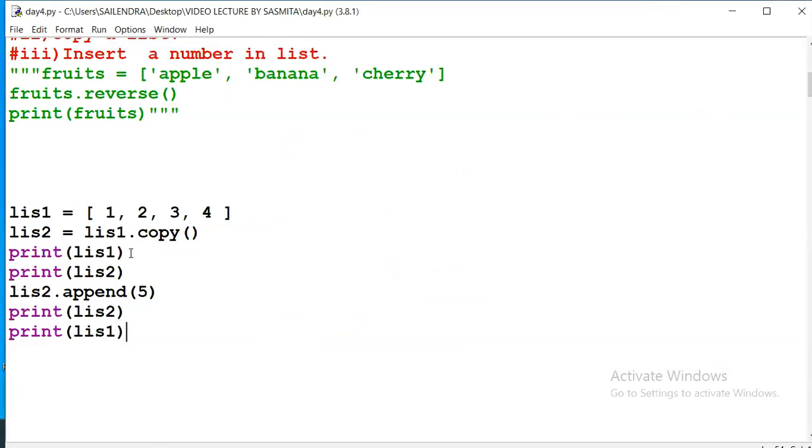Print list 1 means the value is added only in list 2. In list 1 the value is not added. So when we print list 2, 5 will be added, but it will not be added in list 1.